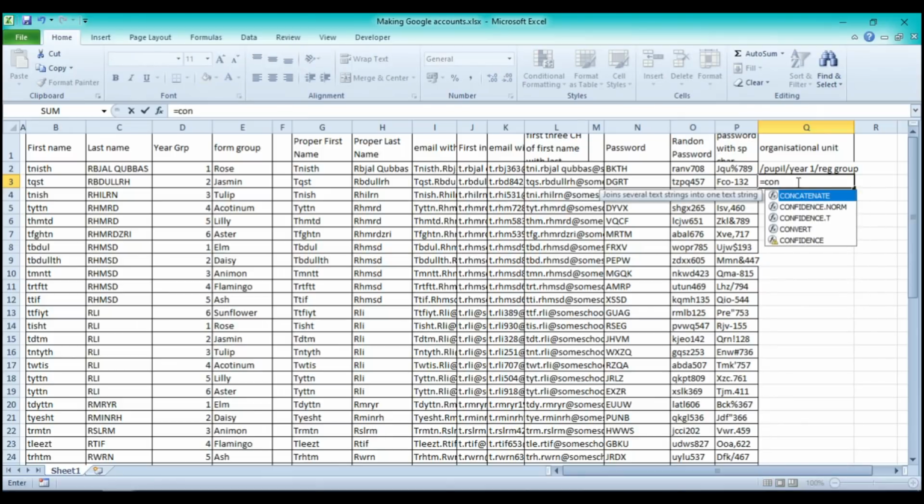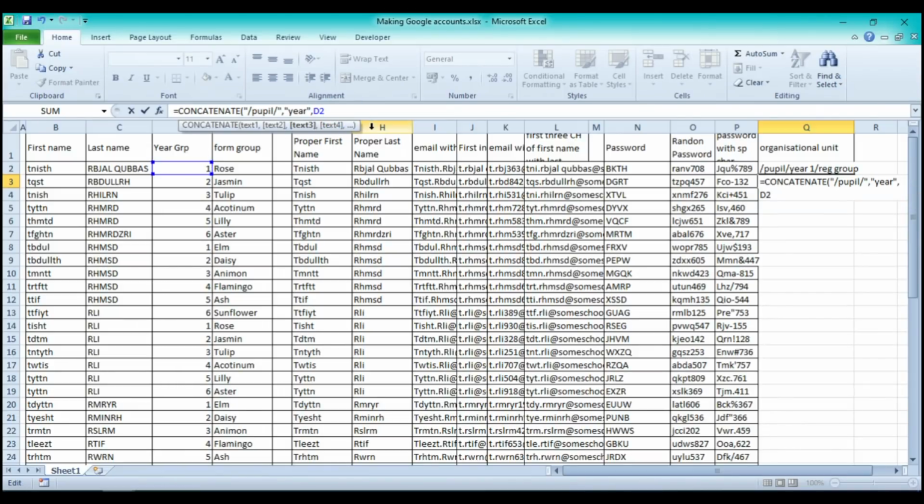So if I want to automate it now, I will go back to concatenate. It has to display / pupil here, so I'm going to put that in speech marks, comma, then the word year, comma again, and now it's going to pick up the year number from column D. So I'm going to put this as D2 here,